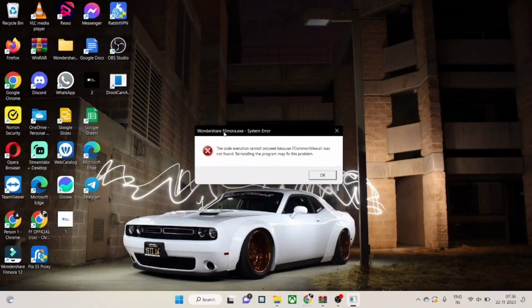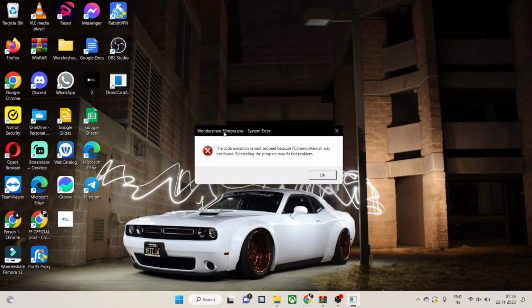Okay, and I am gonna give you a guarantee that you will also be able to fix this problem and your Wondershare Filmora will always open without any issues. So I shared a simple link in the description box of my Telegram channel, and you just need to replace one file in your Wondershare Filmora location, so your file will keep opening normally. I have shared the link on my Telegram channel and I provided the Telegram channel link in the description box,